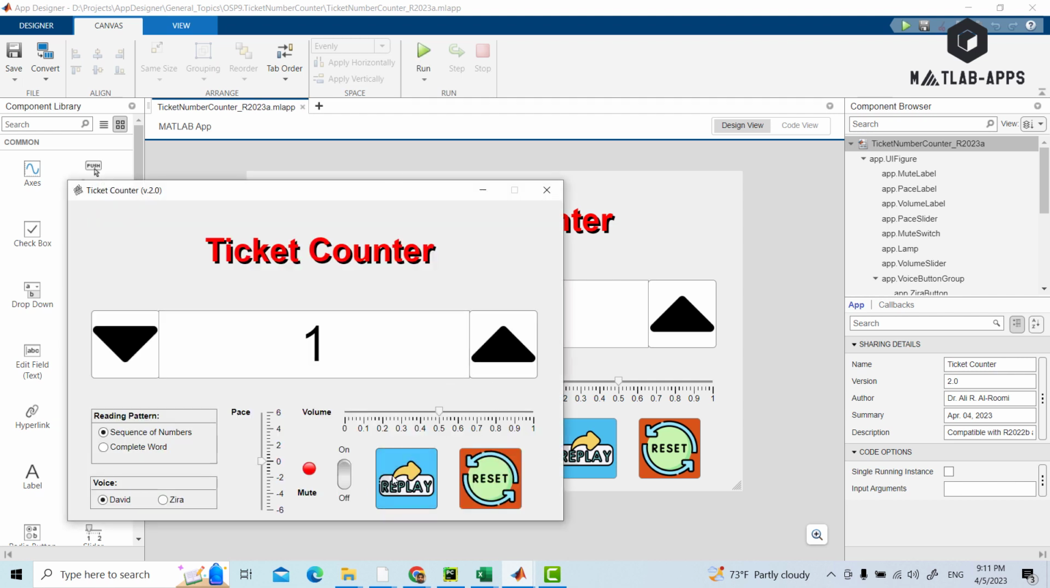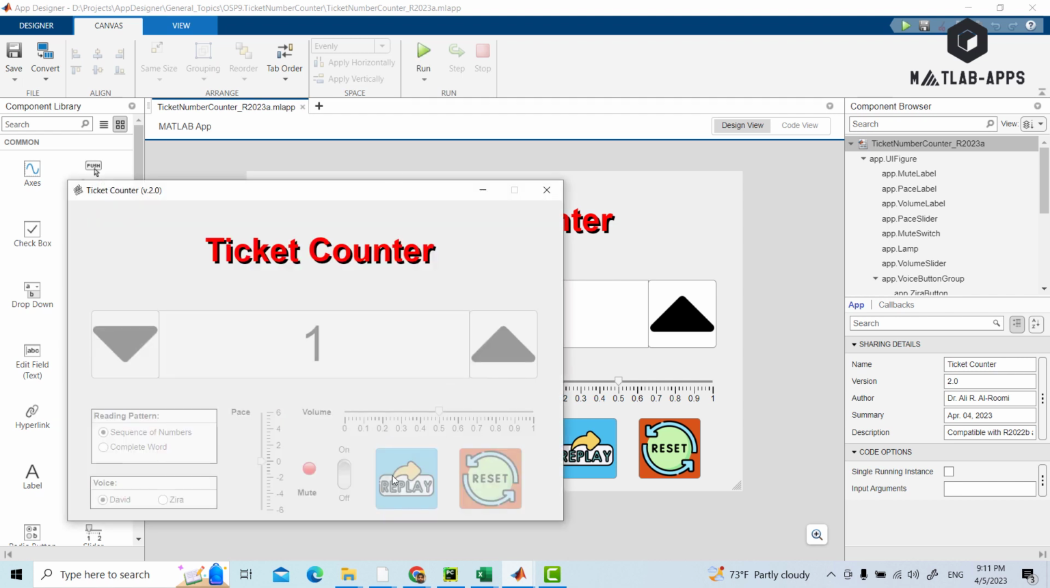We can replay. The ticket number is 1. We can decrease the sound. The ticket number is 1. We can increase it. The ticket number is 1. We can mute the sound. Nothing. We can't hear anything. We can do reset. The ticket number is